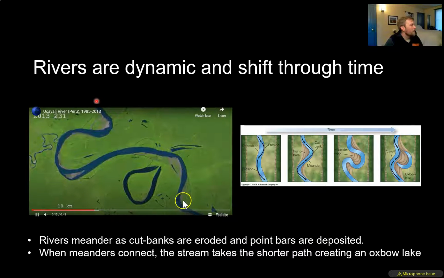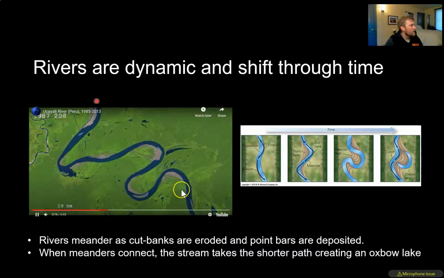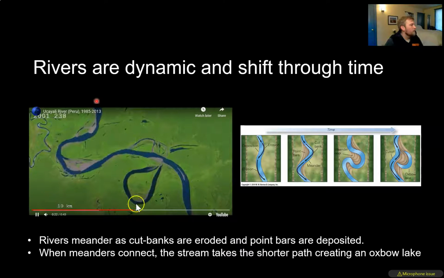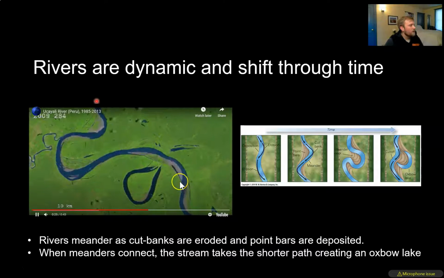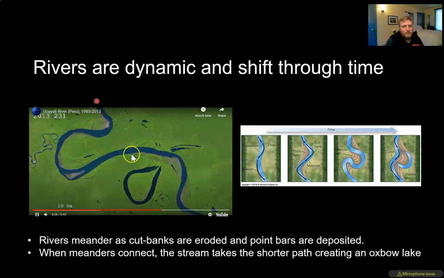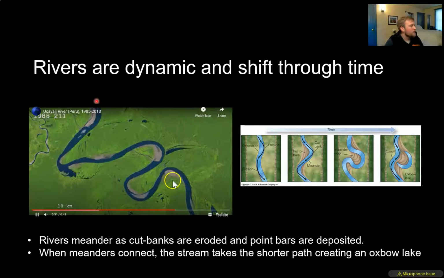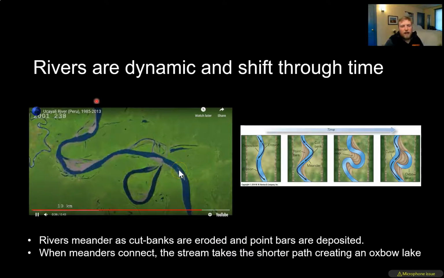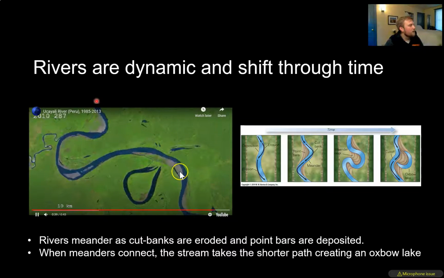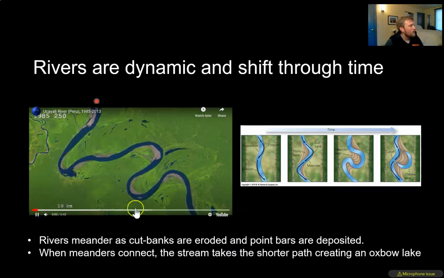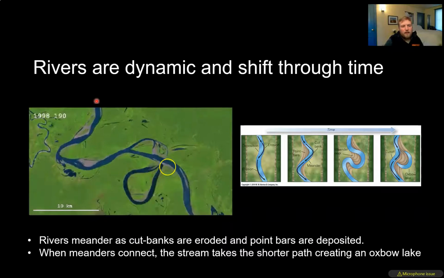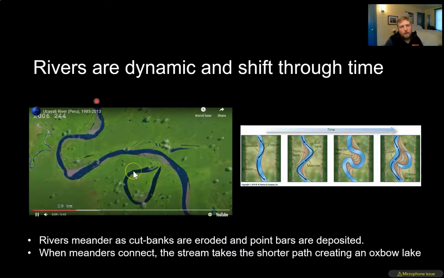And it is depositing sediment in point bars and eroding cut banks, right? And this causes a more sinuous loop in this part of the river until eventually the river cuts off that earlier meander, right? When this happens, the stream wants to take the easiest path down, right? So this part of the river is going to jump across the meander and cut off the old meander belt in the river. When this happens, you end up with a small lake occupying that former river channel, which we